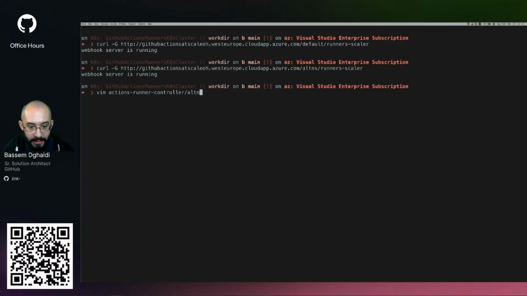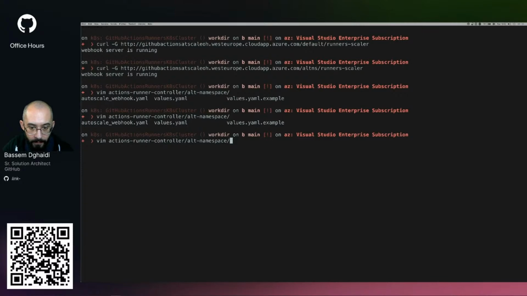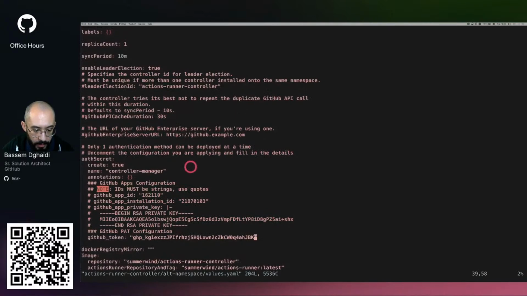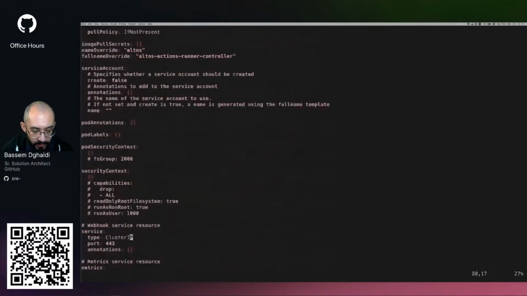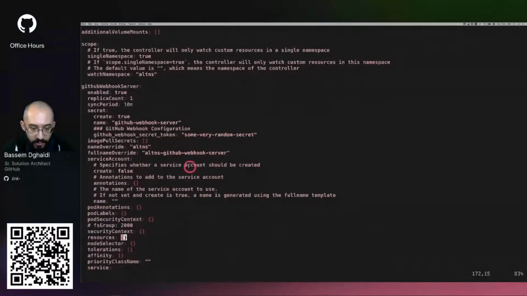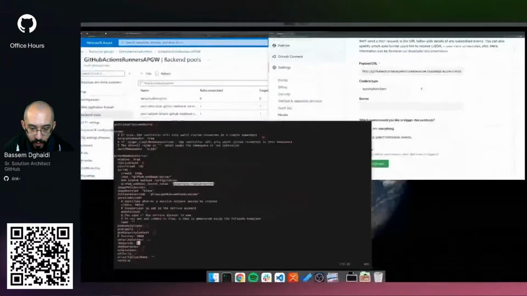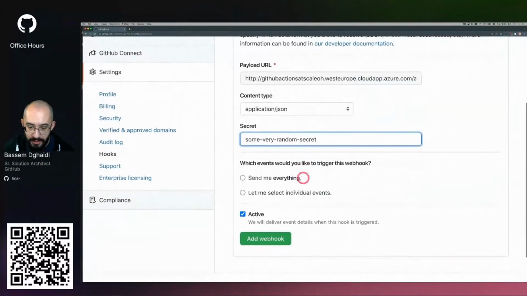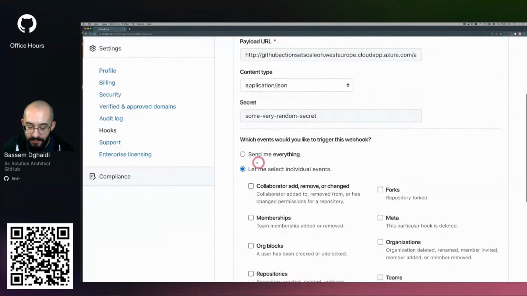Alt ns, and then we have the values.yaml file, and of course the webhook secret is provided in the webhook section, which I'm going to copy, or better yet, you need to change it to something much more secure than this. So I'm going to copy this, put it here, and now instead of "send me everything,"